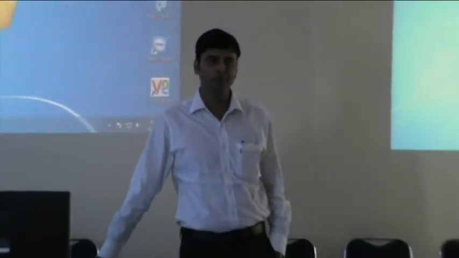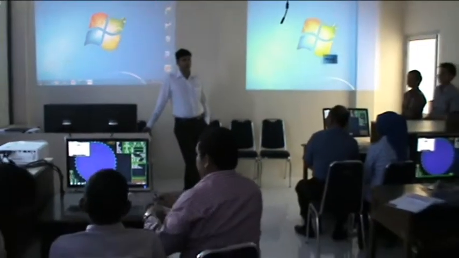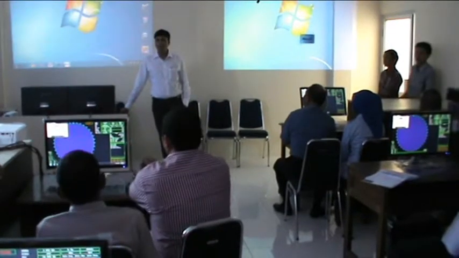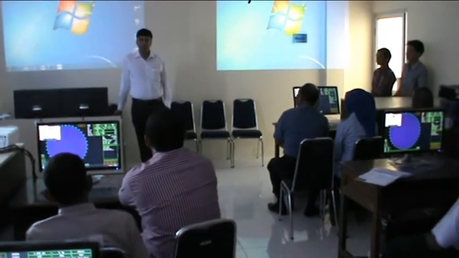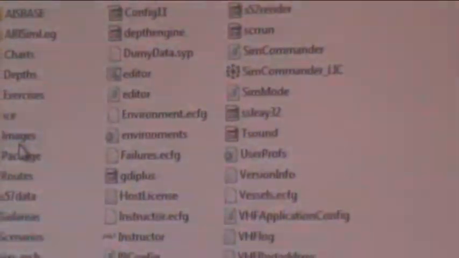So we got to know everyone there, and you had a basic idea of what the ARI simulator is about. So we are into this ARI simulation, which is basically meeting the requirements of the new STCW amendments. The ARI sim filter is located here. Okay. And then you go to instructor. So now we are inside the instructor folder.